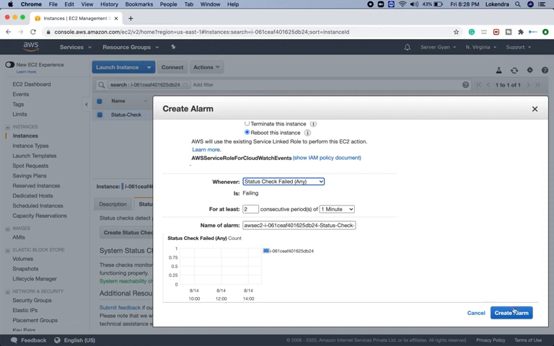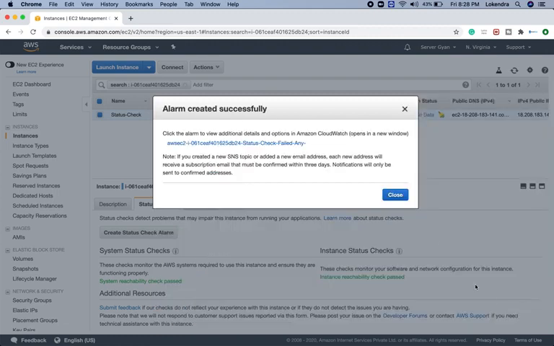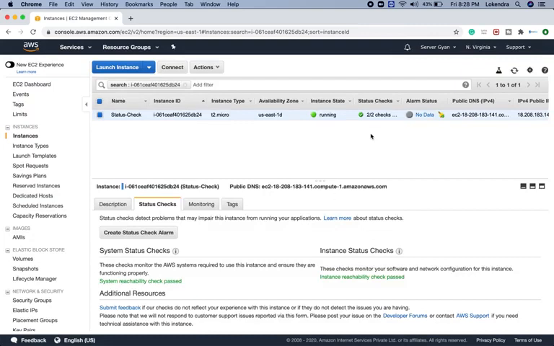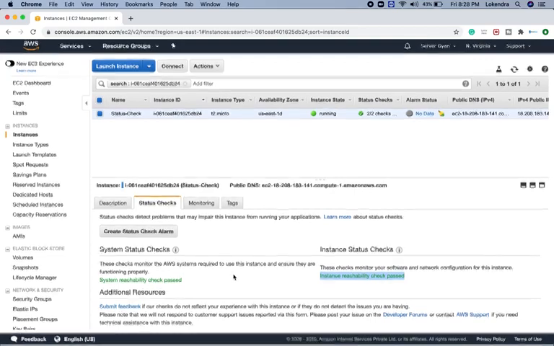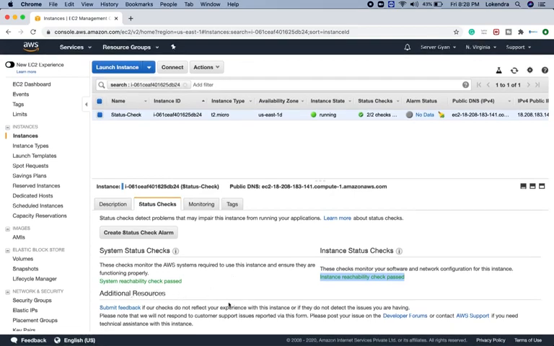Fine. So we can create an alarm here, and based on which obviously we will have to wait for a while. As we know that right now the system reachability check is passed, then after that the instance reachability check is passed, so both the checks are getting passed right now. Fine. Now if we talk about additional resources, AWS has a lot of good documentation which you can read in order to get additional resources. Moreover, you can create a support ticket to AWS, then the AWS team will let you know what the particular things going on are.